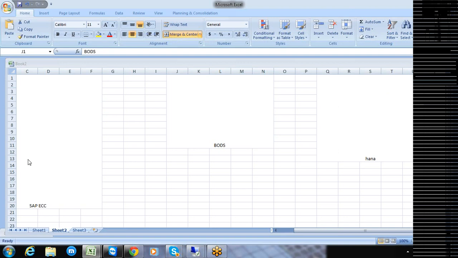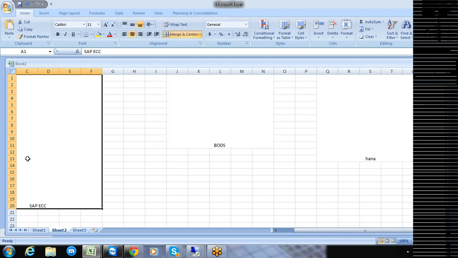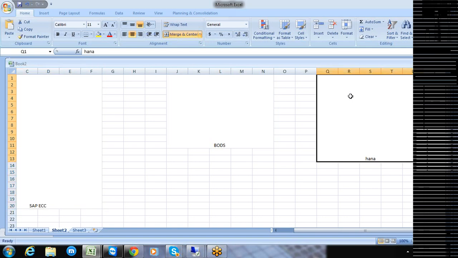Two things you need to understand. SAP ECC is nothing but a database hosted on a secondary storage device in the form of a hard disk. But HANA is nothing but a database hosted on the primary memory, which is the in-memory computing database, or in-memory computing engine, as we call it. So we are loading the data from the secondary storage onto a database hosted on the primary storage altogether.